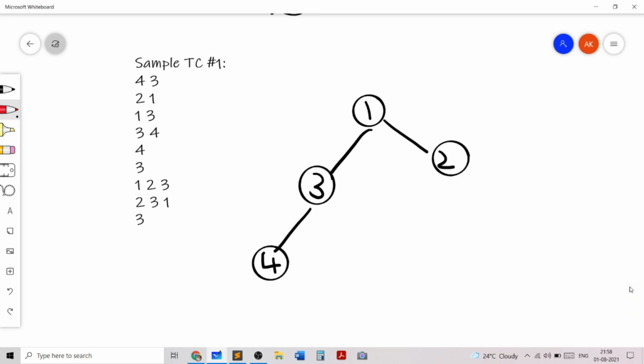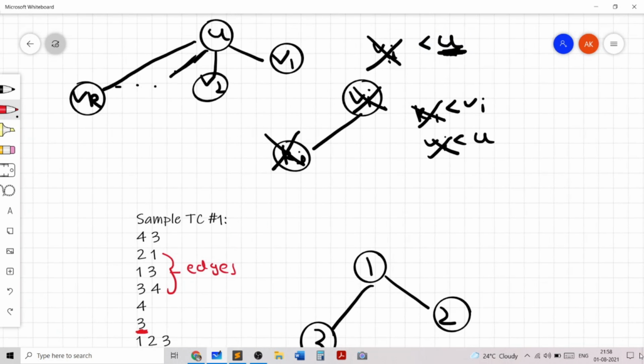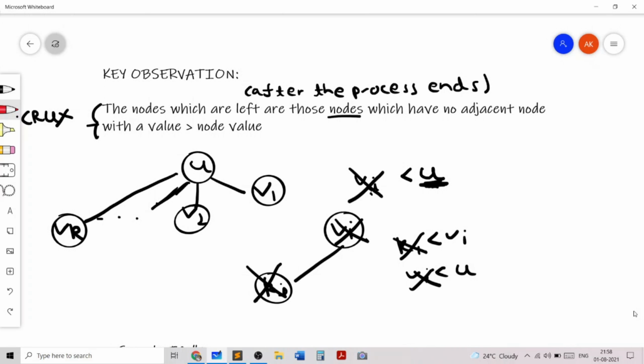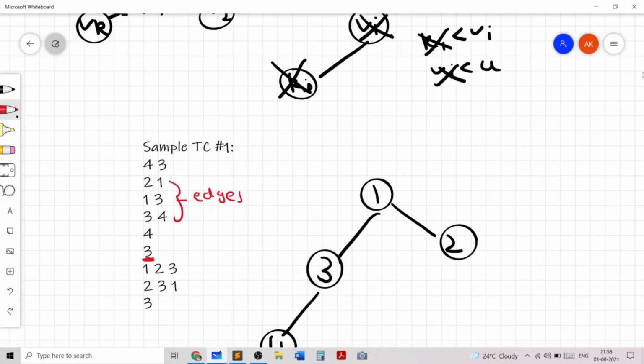So in the first sample test case, we are initially given these three edges and we are given the first query. So we are given 4 queries and the first query is of type 3. So we need to find the number of nodes left. So let's use this observation that those nodes which have no adjacent nodes left with a value greater than the node value are the ones which are left.